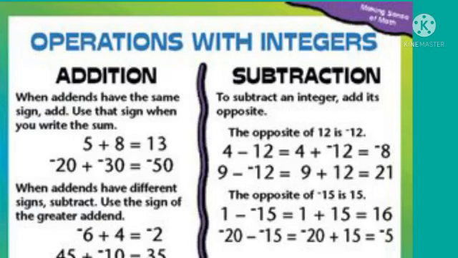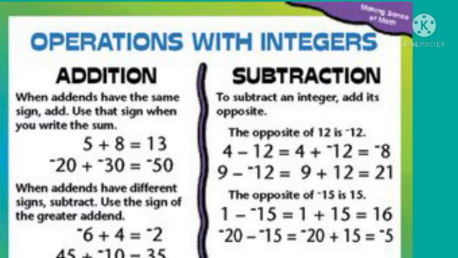Now we are already familiar with integers from the previous class, but in this class we will also learn the operations of integers. We have discussed what natural numbers, whole numbers and integers are, and how to represent integers on the number line. Now we discuss operations of integers. Operations means addition, subtraction, multiplication, division.